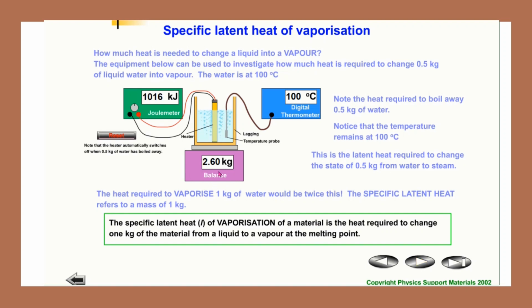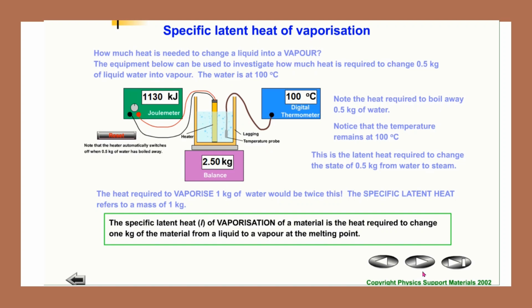We've lost there 0.45 kilograms of water we've boiled away, and already we've used more energy than we did when we worked out the specific latent heat of fusion of water. So we're going to use more heat energy to do that. So this is for half a kilogram, which is 1,130 kilojoules. So if we double that, that's going to be